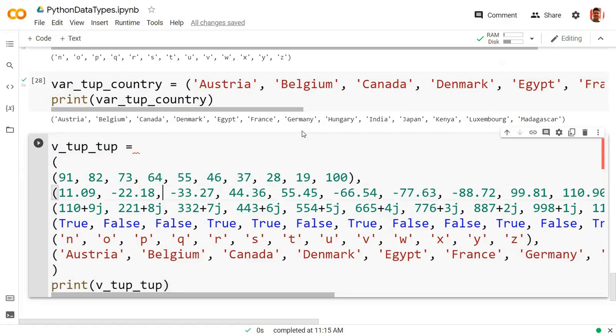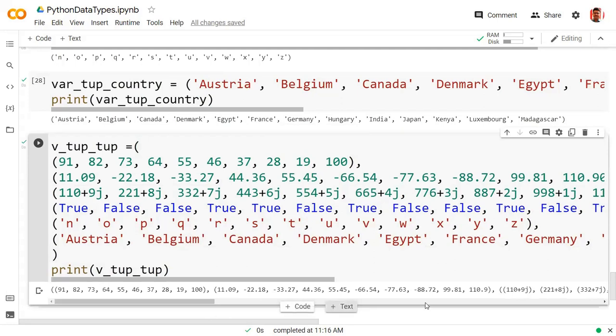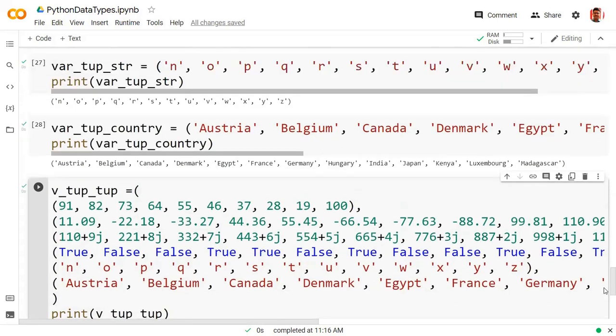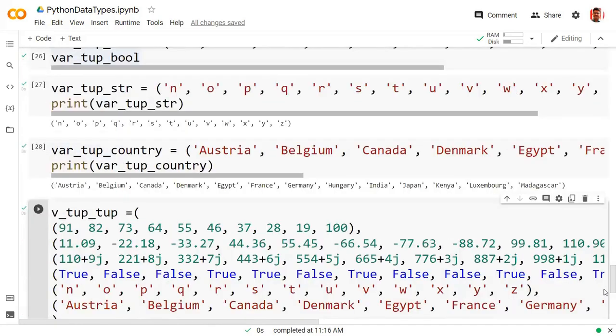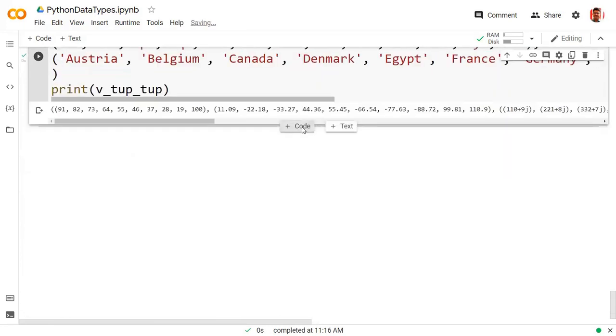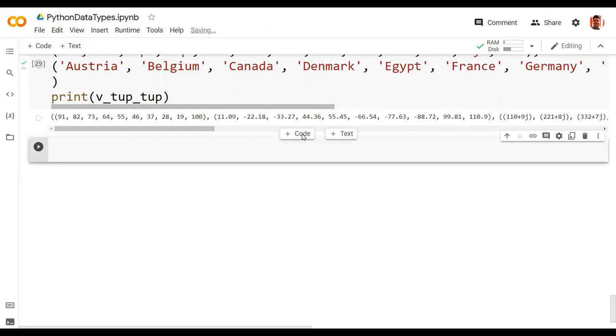Okay, the only thing you should remember is that right here we are taking the example of tuple of tuples. You can have tuple of list, you can have tuple of other stuff as well. So everything is possible right here. So this is my tuple of tuple. Now we have already created multiple tuples, and we have given variable names for those tuples. So you can create tuple of tuple with the help of those variables as well. Okay, so there is no complexity at all in that.